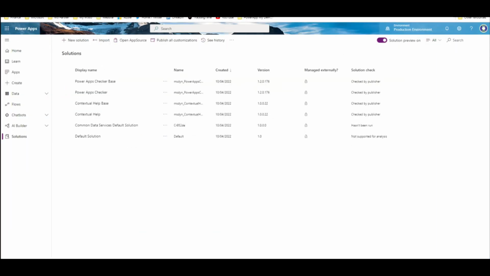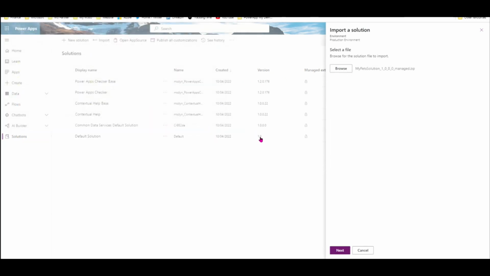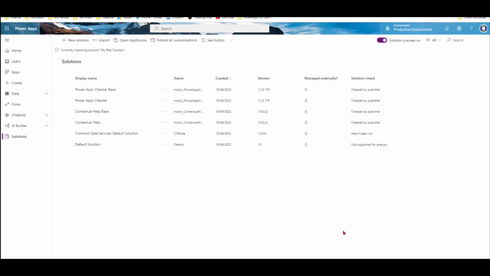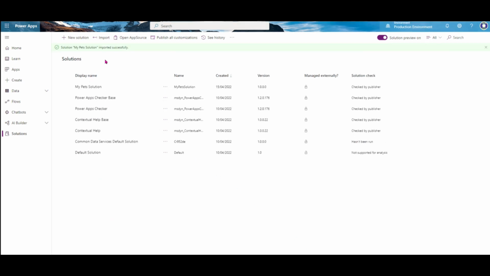So then to bring that into the production environment, it's pretty simple. We go to the production environment and we hit import solution, and we browse for that file, which is there. We open that file and we hit next. Now if you're updating the version, it'll tell you that you're getting a new version. This is the first time I'm doing it, so I'm not worried. This is not patching it, but it is doing it for the first time, and I'll import that. And again, that might take a few minutes. So this one imported successfully, as you can see there, and now I've got my solution in here under